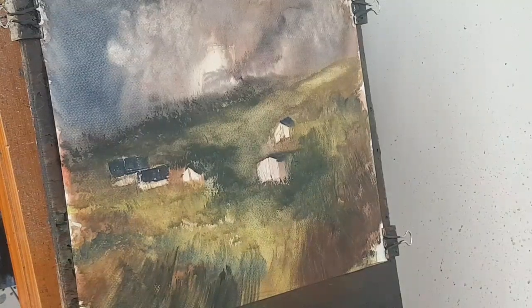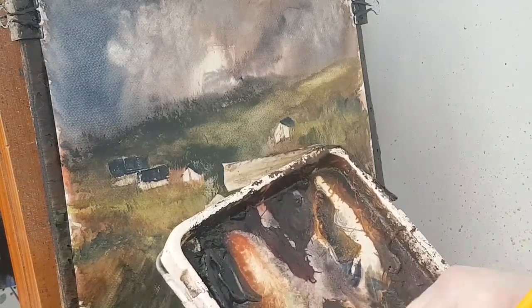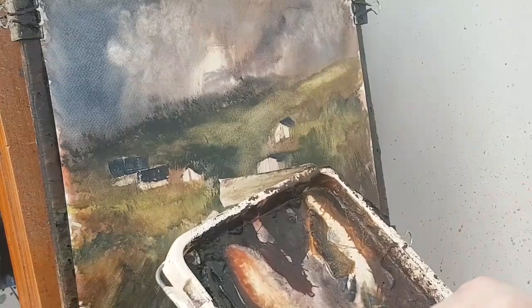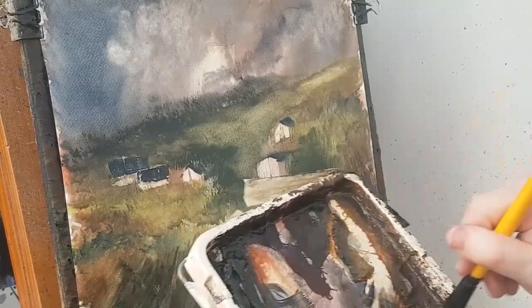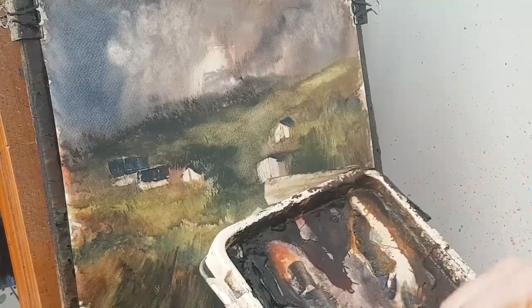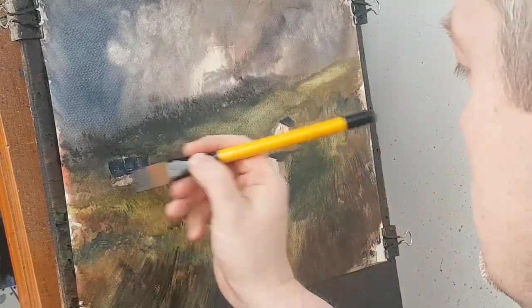Right, let's do something with these little houses. So I need some windows and doors. Let's just get a dark colour. Bit of that burnt umber, ultramarine, and a bit of Payne's grey just to really darken it up a bit. And then here, just got